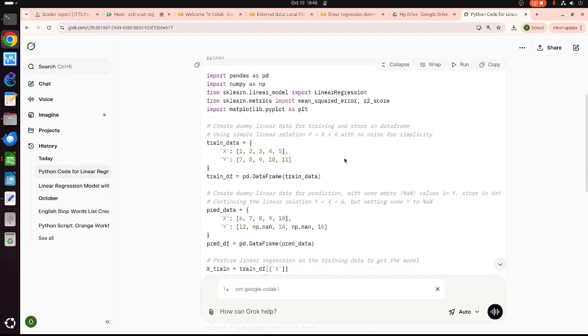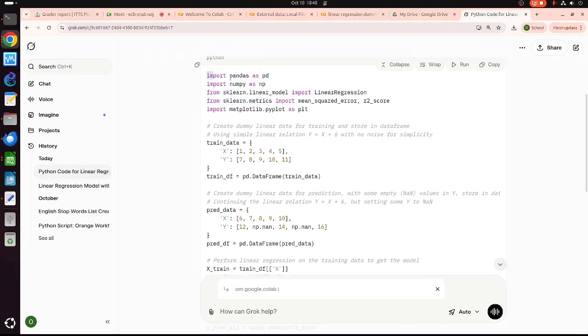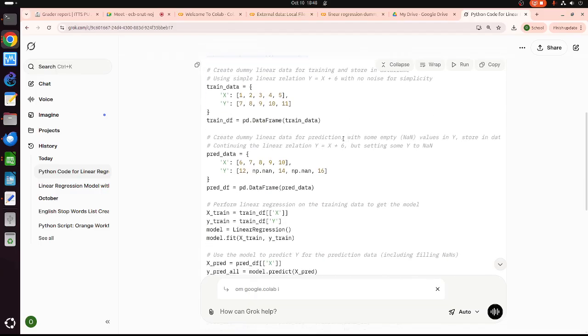Now, basically we need to import some libraries, and it creates the data for training using a simple linear relation, Y is equal to x plus 6. This is correct, so the model is perfect.